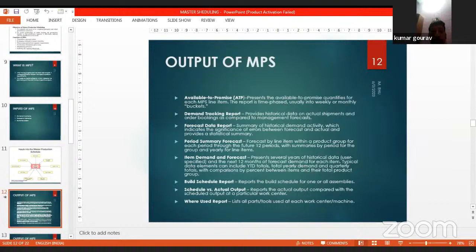Build schedule report reports the build schedule for one or all assemblies and schedule versus actual output, comparing the actual output with the scheduled output in a particular work center. And where used report lists the parts or tools used for each work center or machine. So these are the outputs of your master scheduling.